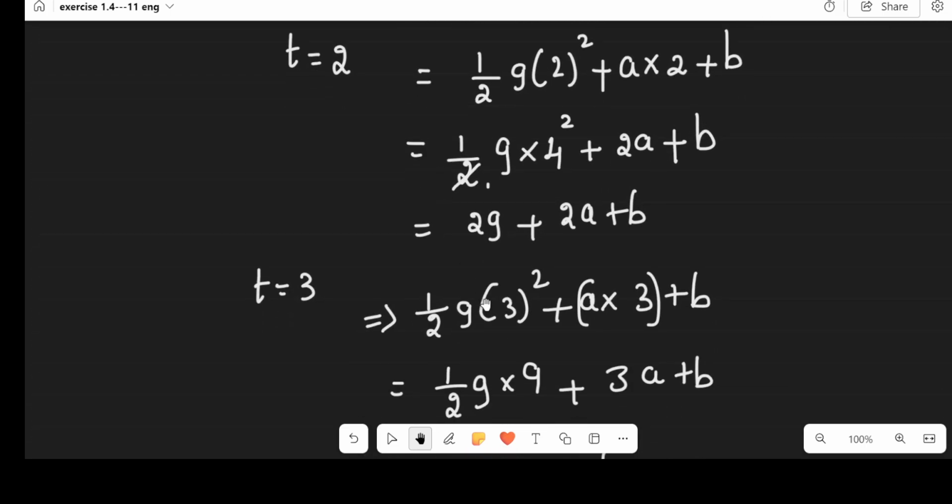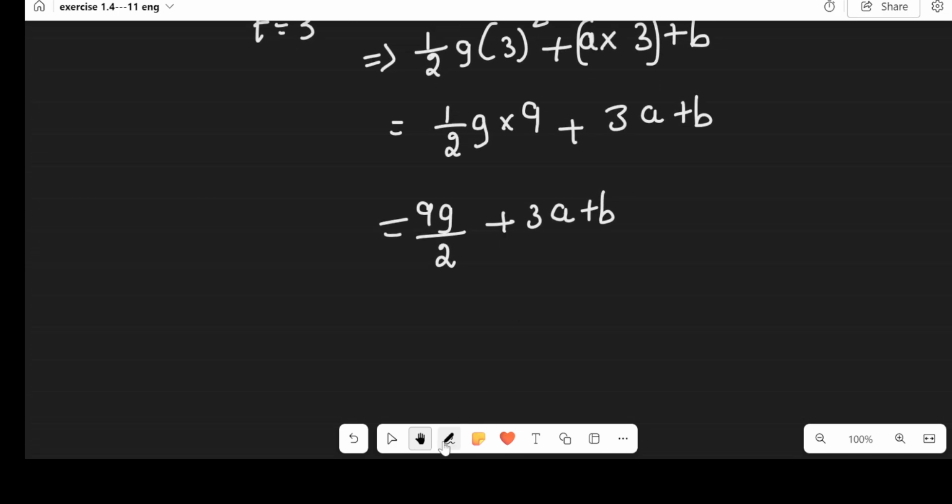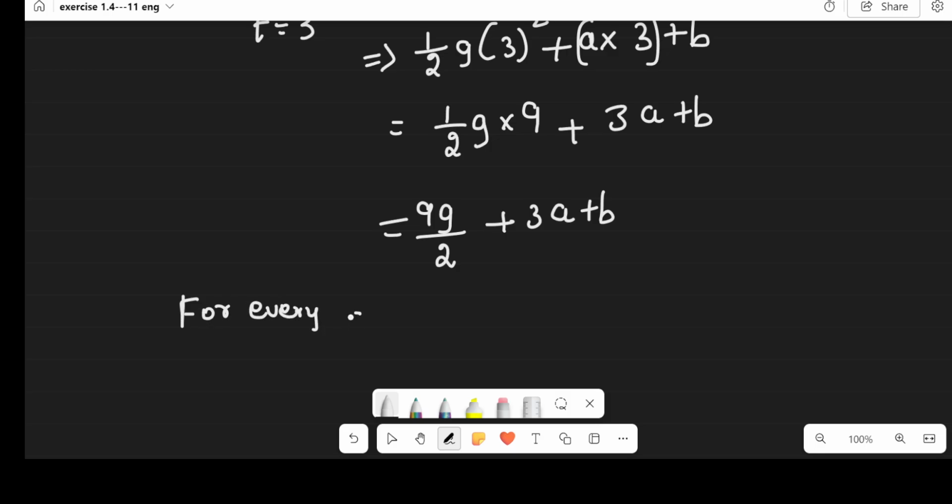So what we can write as the answer is: for every different value of t,